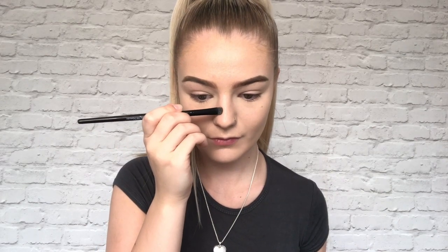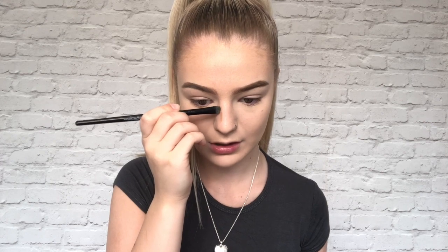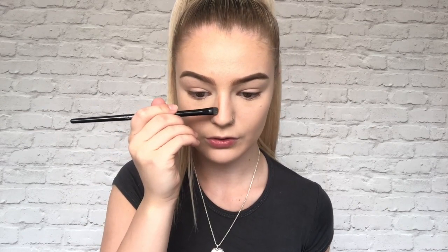So what I'm going to do is place the contour on top of my bridge. The reason why I do it on top and not on the side of my nose is because if I contour the side, I'm just going around the shape that is already there, and it won't actually change the shape of your nose at all. So if you just go on top of it,